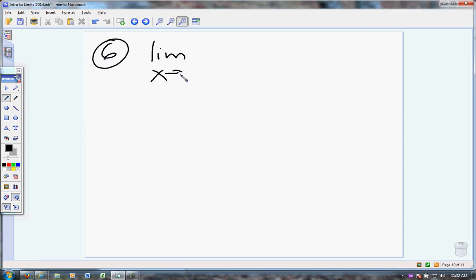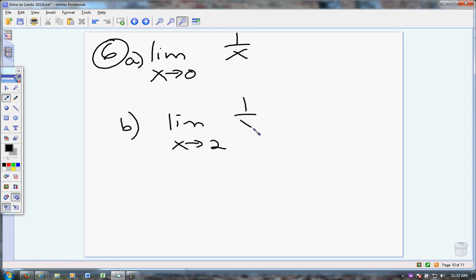How about the limit as x approaches 0 of 1 over x? I'm going to do this one in two parts. I'm going to do this one, and then I'm going to do this one. Same function, but we're looking at two different values. This is why we have to know our functions. If I just try to plug in 0,